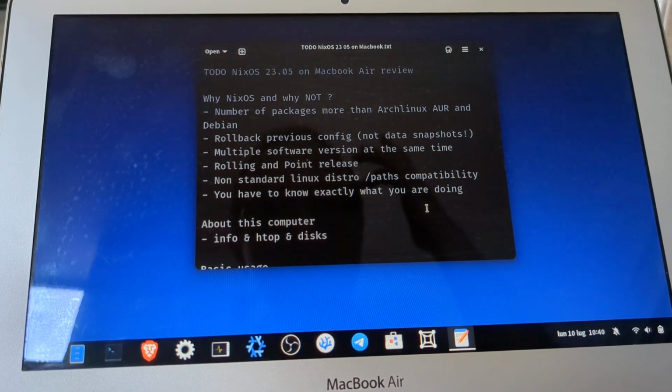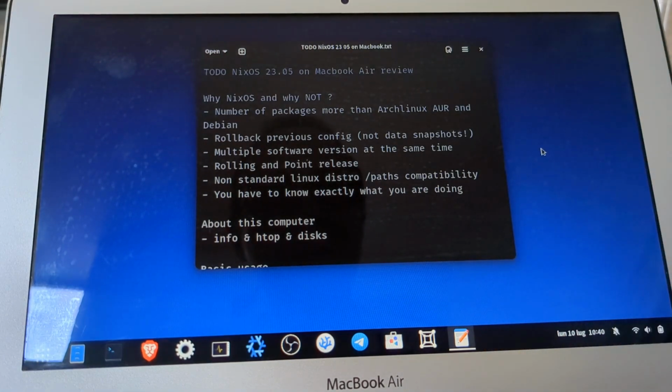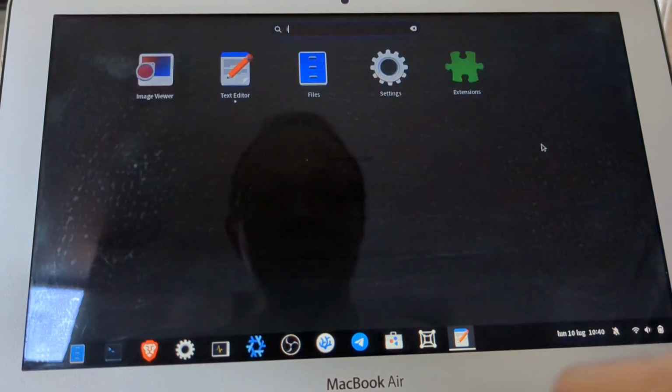It isn't a standard Linux distro, so as you can see, some things are different in this system. Another aspect is that it is very powerful to use, but you have to know exactly what to write. And let's see the info about this system.